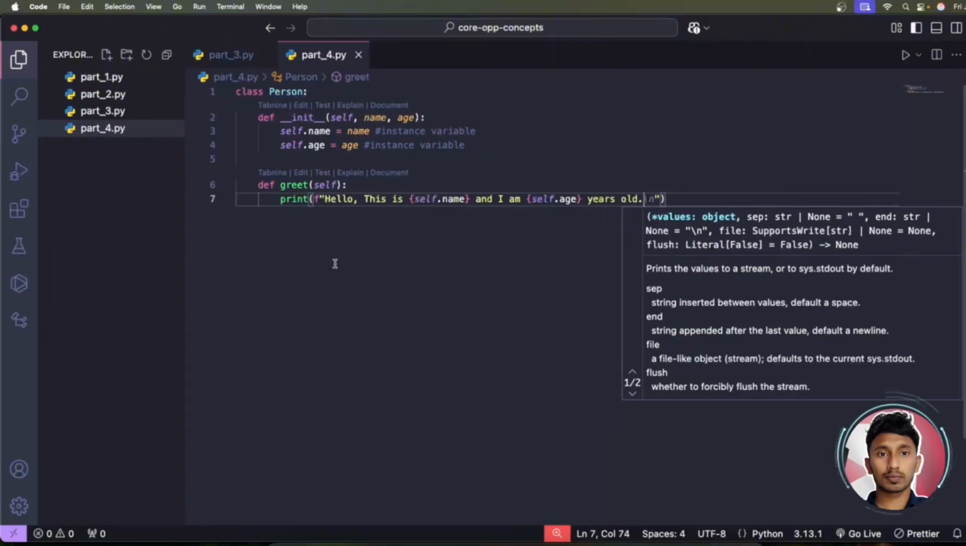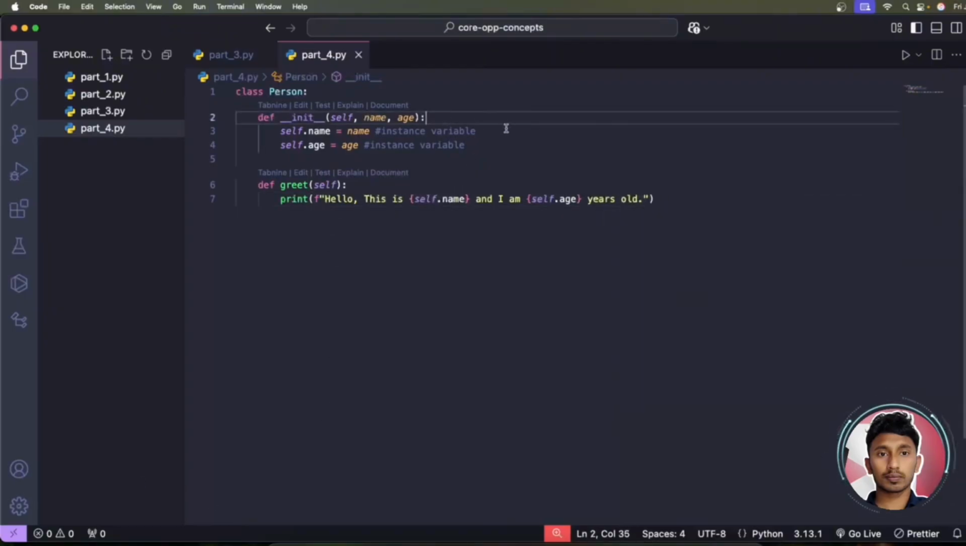Okay, so now the difference is that we defined a constructor here. We are defining a constructor, and inside this constructor we have instance variables. Now we will turn this class into objects. So how can you do this? To create objects by using the class,